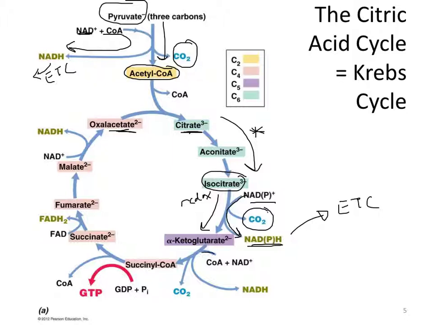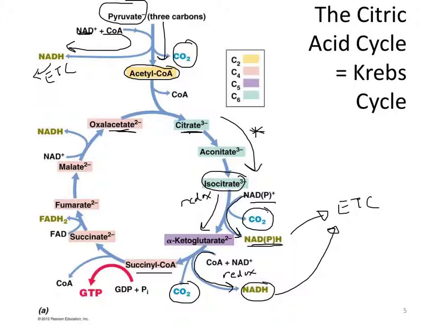So here we have another redox reaction. We have another reduced form of NAD, the NADH formed. It's going to go off to the electron transport chain, and we have accounted for the 3rd and final carbon originally present in pyruvate, so all of the carbons have now been accounted for. The alpha-ketoglutarate was converted to succinyl-CoA, and succinyl-CoA